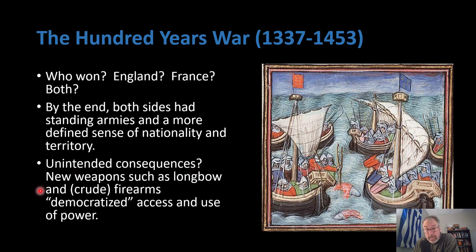English. But one of the unintended consequences of this is they discovered that the longbow and a crude gun also come to be very easy for the populace to have. It's not a weapon that's controlled by the kings any longer. And to some degree, if you have enough money and you know the right people, anyone can get one of these things. So suddenly, if the king knows that the peasant village is full of people that have guns or longbows, they might have to think twice about taxing them and just running roughshod over them.